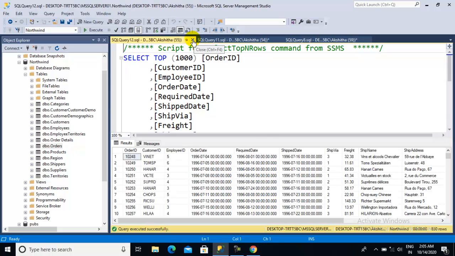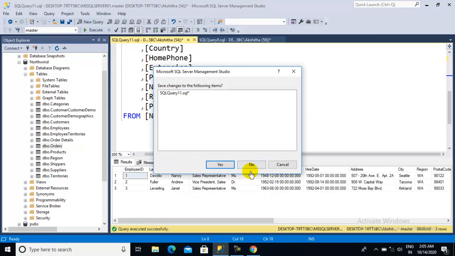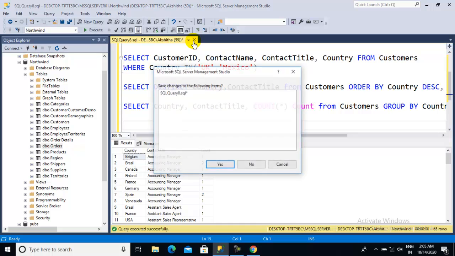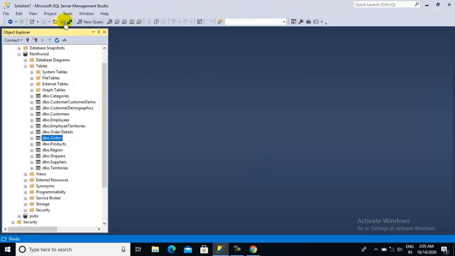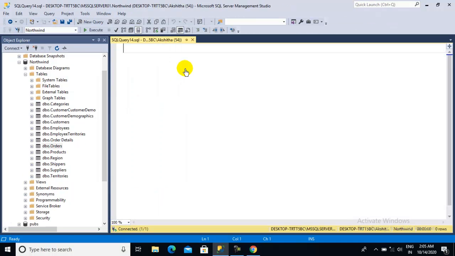So now, the topics we discussed today. First of all, we discussed select. Select is a keyword which can be used to retrieve the data.